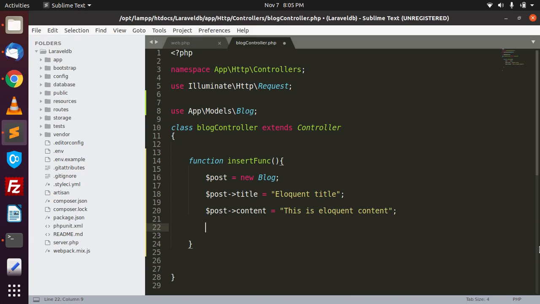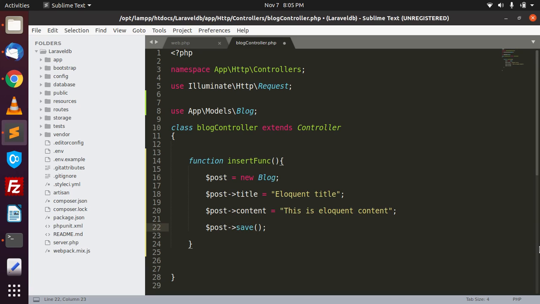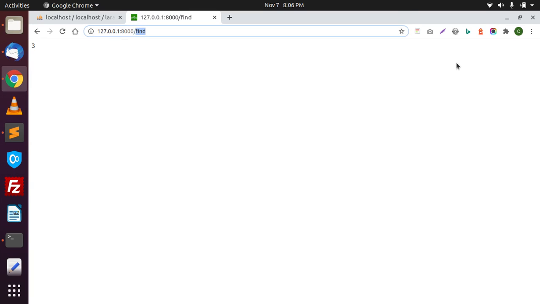Now we will use the same method for this. Now use this variable and save, and now if I save this and run this and change the URL,